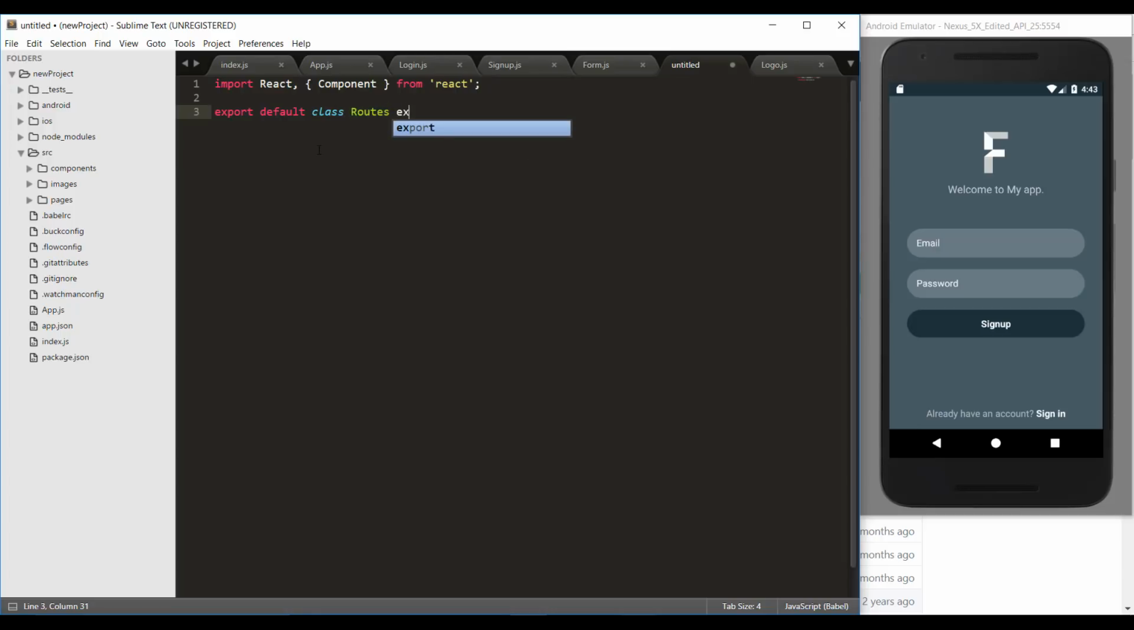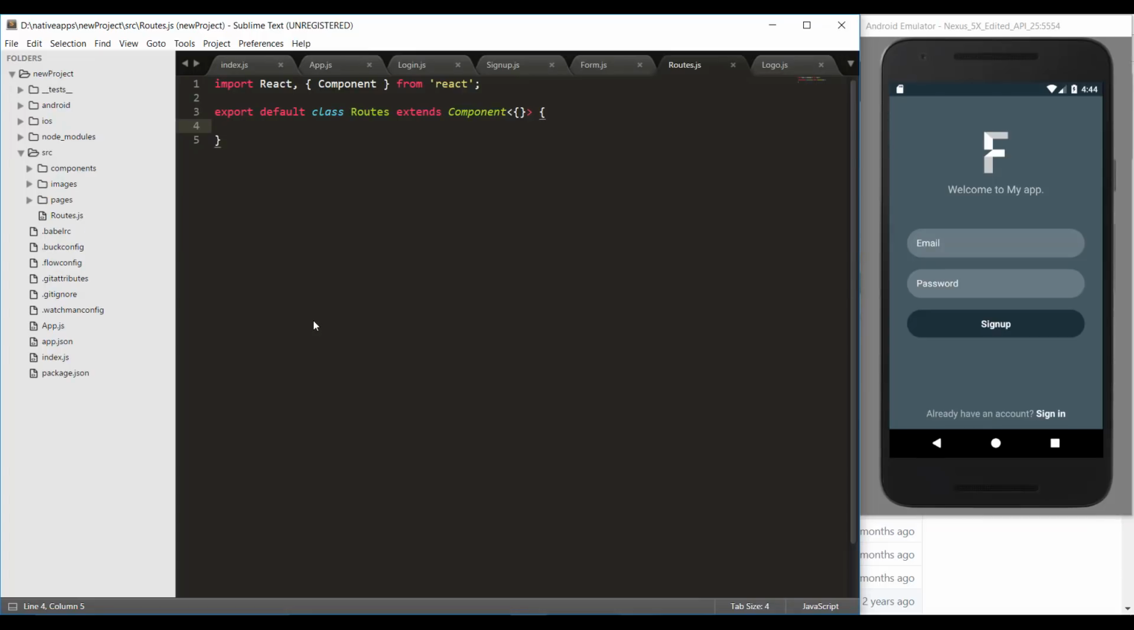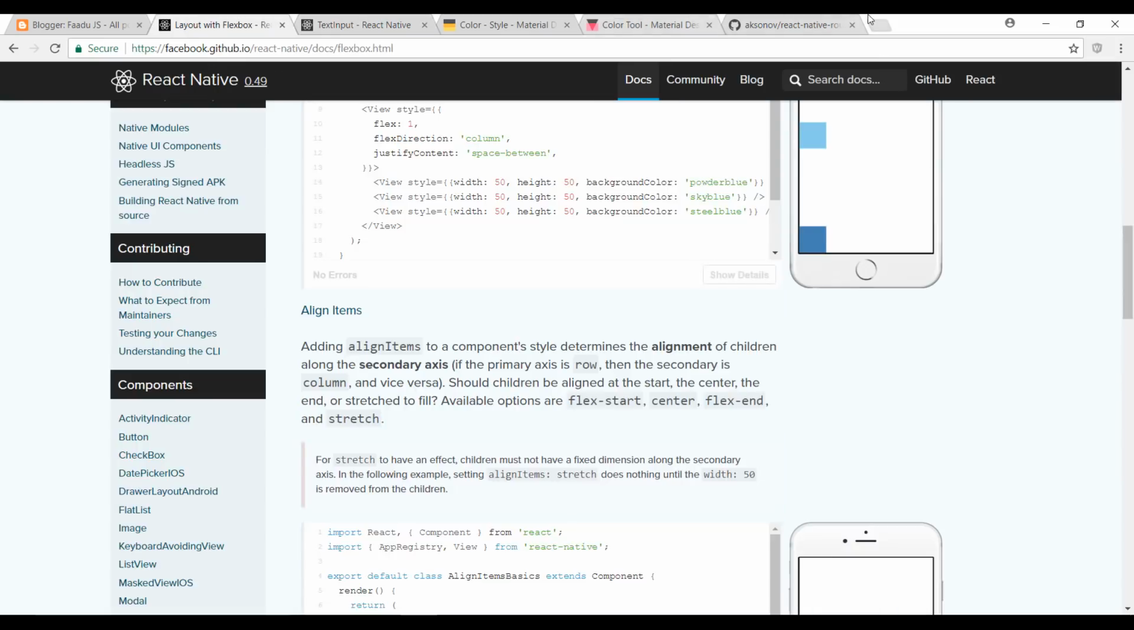Export routes extends Component. This will be something like this. Okay, and routes, make it capital so that we can understand it. Routes.js. Now this is good. Render function is important everywhere. Return is also important, so we will return some routes. We will go to React Native Router Flux,